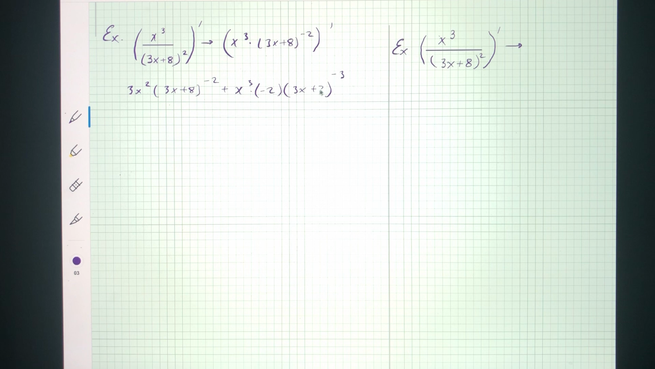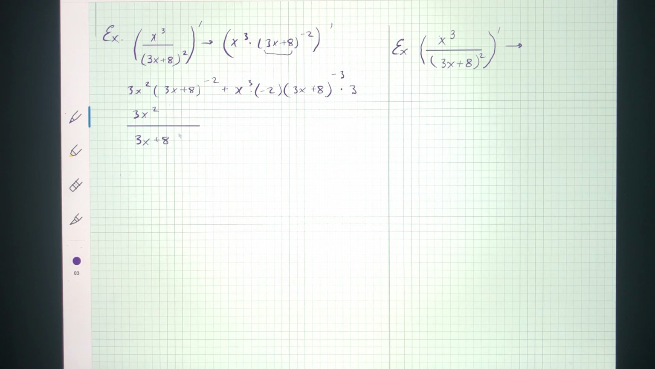And then of course by chain rule times the derivative of the inside function. The inside is 3x plus 8. The derivative of it is just 3. Now all of the powers that are negative go on the bottom, and we have 3x squared divided by